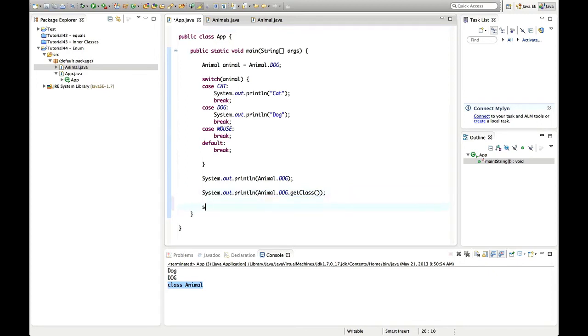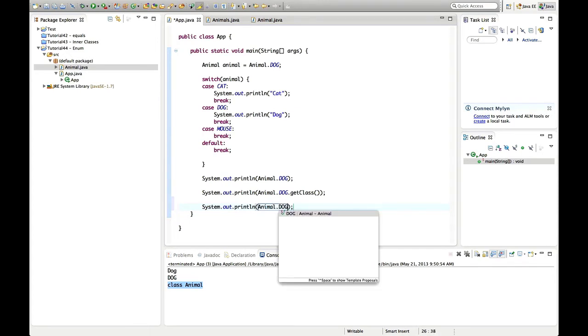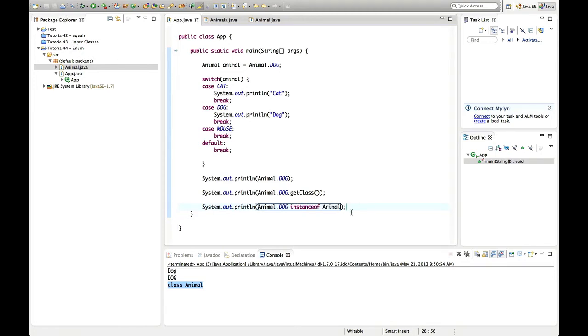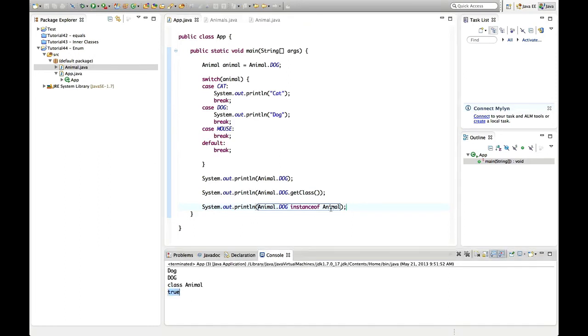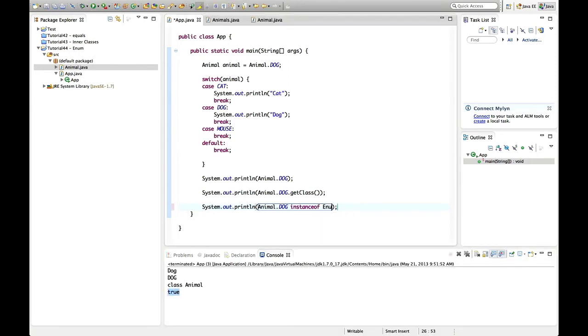So I could do sysout Animal.dog, let's say, instanceof Animal. The instanceof operator tells us whether it's an instance of a particular class or not. In other words, is the object created from a particular class? And this should say true, and it does. But I can also say instanceof Enum or java.lang.Enum, and if I run that, we also get true,